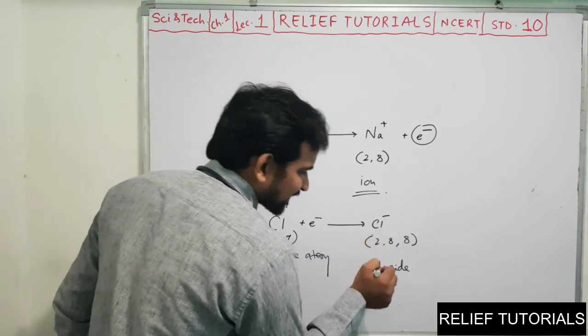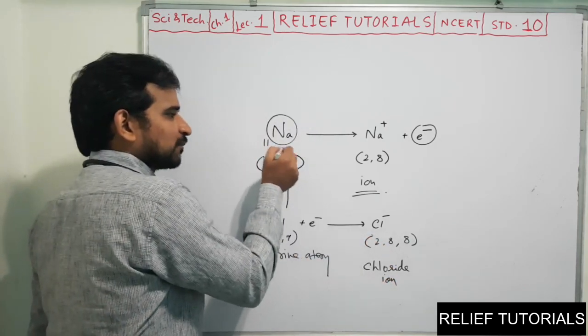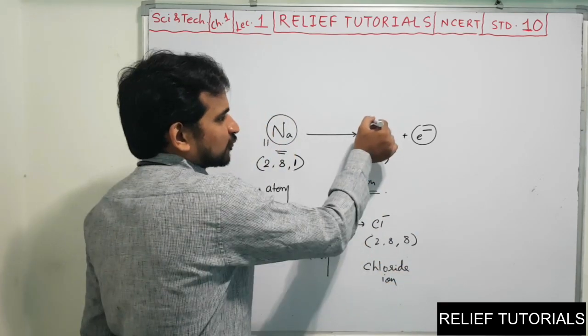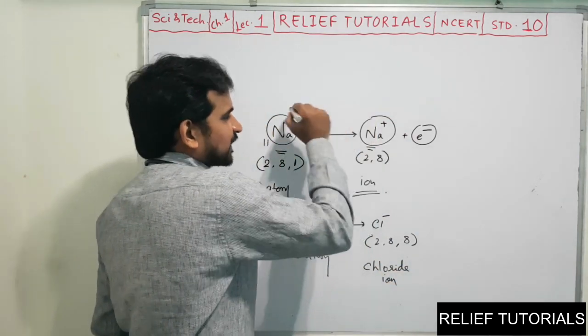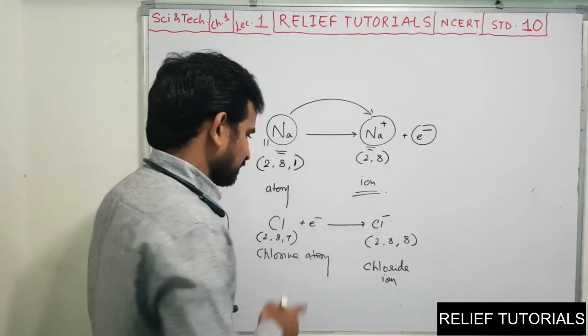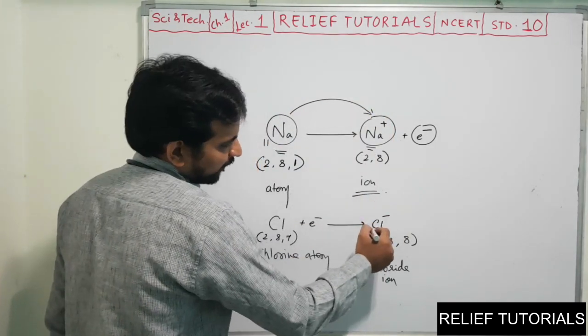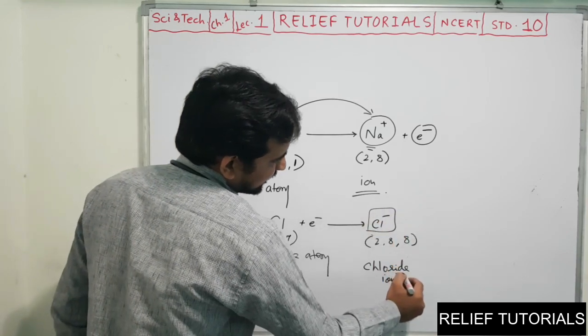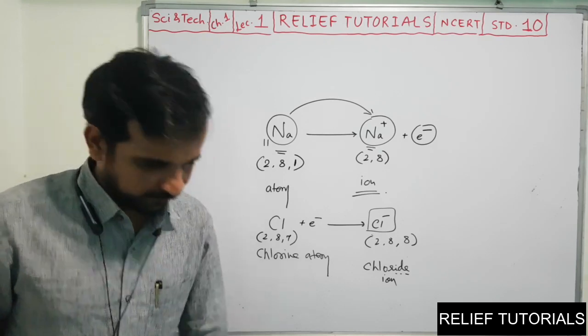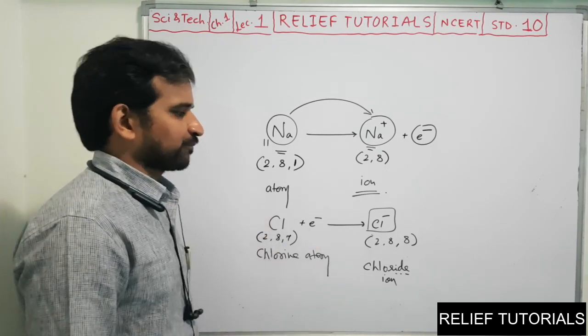And this is chloride ion. This was sodium atom, sodium ion. The name is not changed. When you form the positive ion, the name of the atom is the same as the name of the ion. But in the negative ion, the name of the ion has the IDE suffix behind the name. All these things you have learnt in 9th. We are just recapping everything.